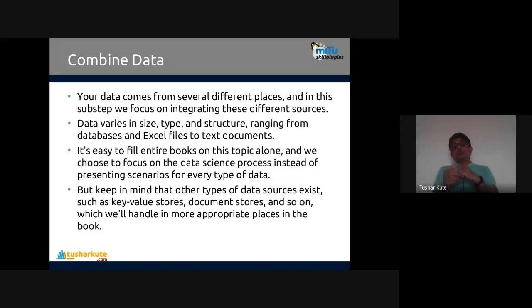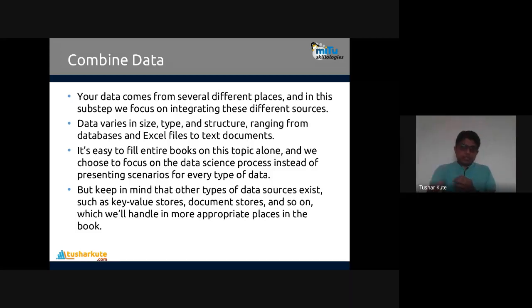For example, someone is collecting data in a CSV file, someone in an Excel file, and someone in a MySQL database. Then what to do? Diverse sources are present, and we can collect and combine them. We have data importing methods, and after importing, I'll combine them together to form a common model.